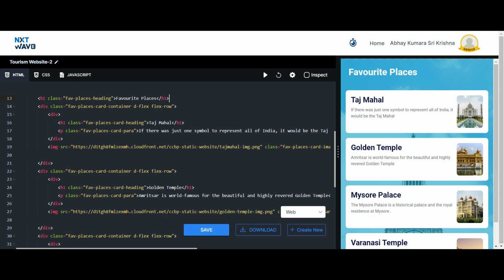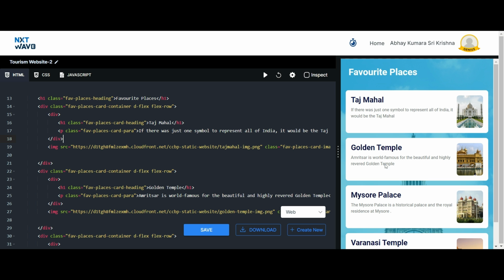In this div element, it contains the heading and the description of the monument. So now, as you can see, this div element contains the heading element and the paragraph element. And then I've added the image using the void HTML element img. It is called void element because it has no end tag.